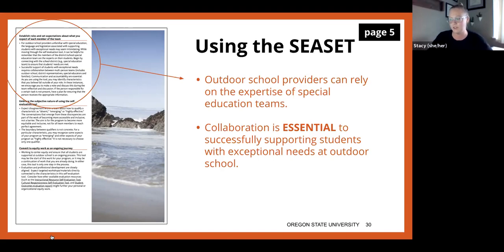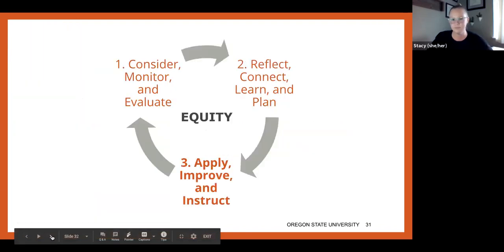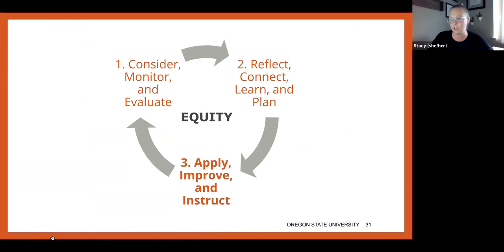So now that you have an overview of the document, including some tips on how to use it, we want to talk a bit about what comes next. So now we move ourselves into stage 3 of the evaluation cycle, which occurs in your respective communities. And these are all the incredible things that you do as outdoor educators, which include things such as outdoor school programming, facility upgrades and modifications, community engagement and partnership,